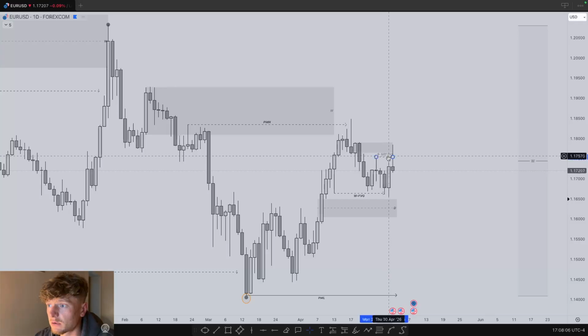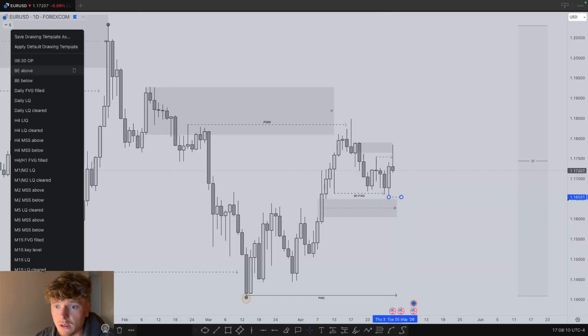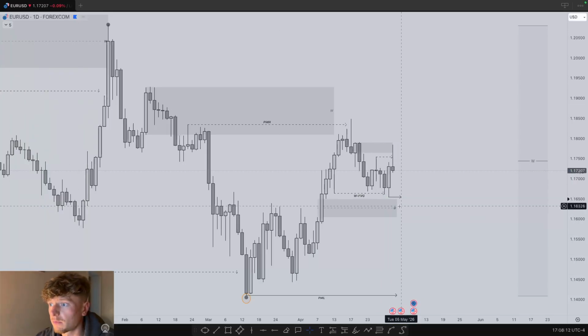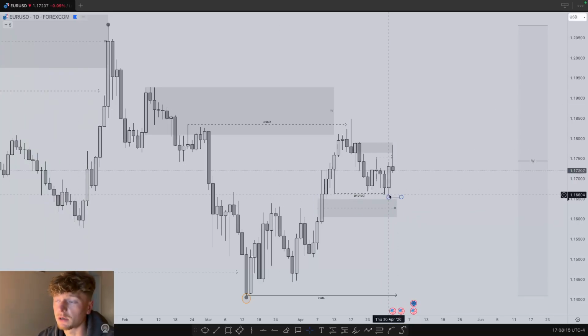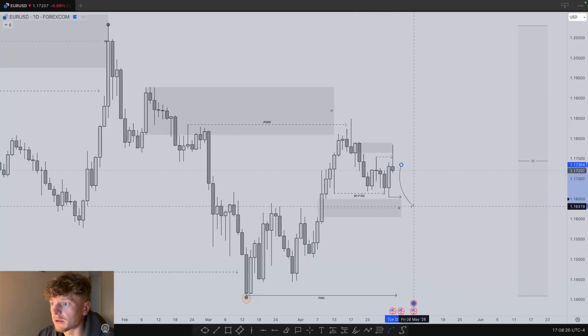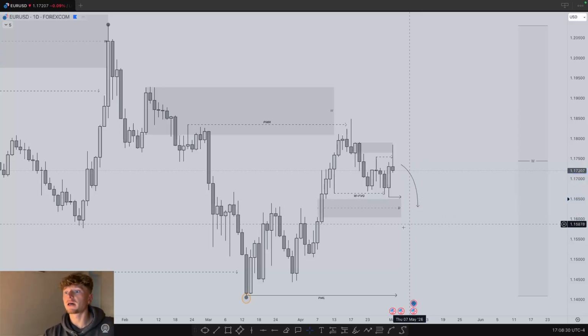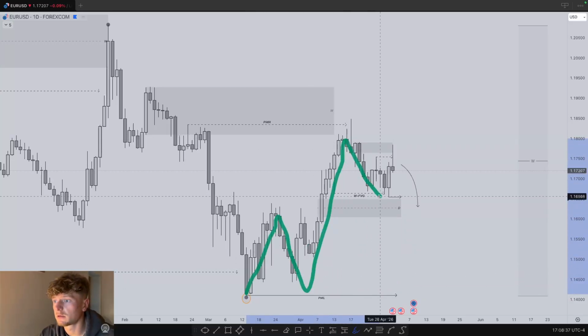Sell side is now below these lows, which is also previous week's low, so we can know that there are stops below there. Anyone who's bought this on Thursday anticipating higher prices towards this high will have stops below there. So going into next week, I do think we will probably come down here, take out the sell stops and look to rebalance, and then from there we may see order flow continue in terms of this leg, may go higher from there,